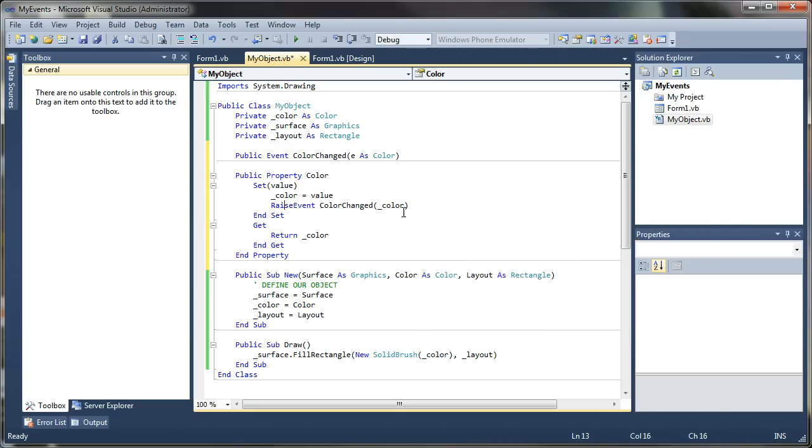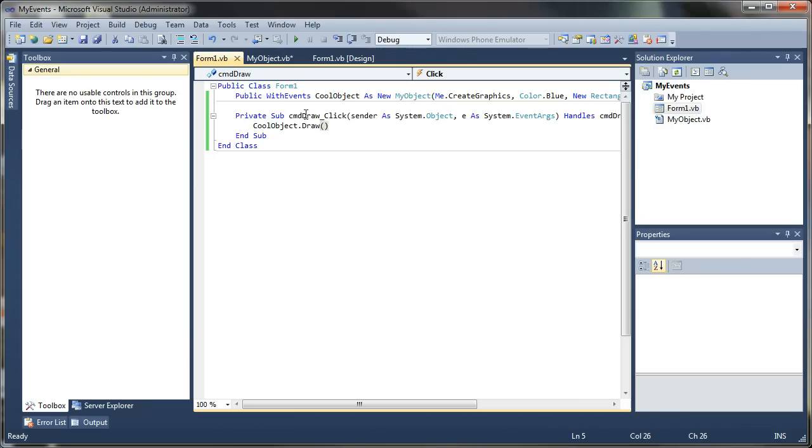And now that event should be raised. But how do we know that it's been raised? Well, we can go back to our main form, and just like you see this private sub that was automatically generated when we double clicked on our button, we can do that now for my object. So if we come down here, we can say